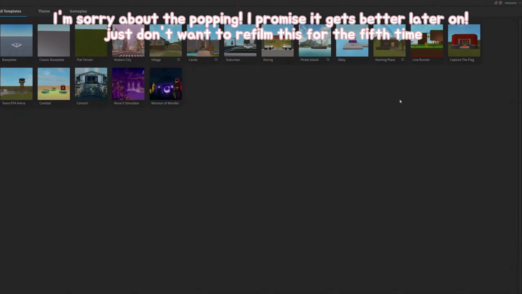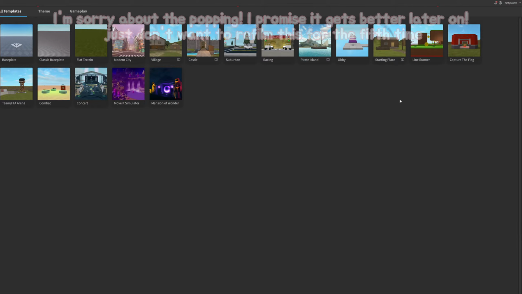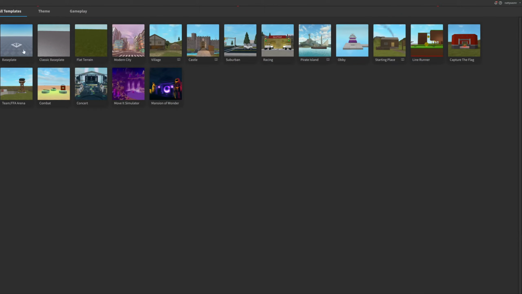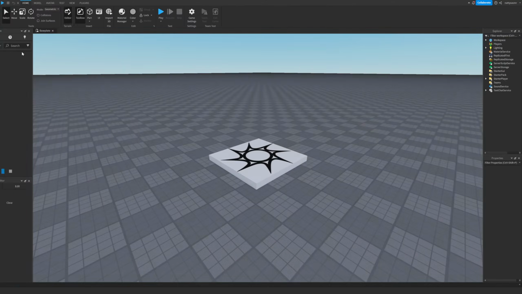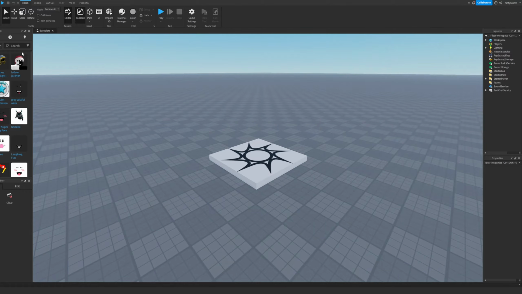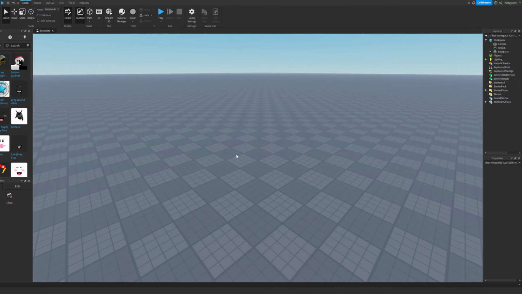Now that Roblox Studio is open, you should open up to this screen of all of the different bases that you can choose from. Either of these 2 base plates are probably the best for making a GFX because of the flat surface, so pick whichever one that you like. I personally like the more updated base plate. Before I do anything, I always like to select the base plate by clicking on it and then deleting it by pressing the backspace button. This step obviously isn't necessary, but I do prefer to do it just to get a more clean base plate